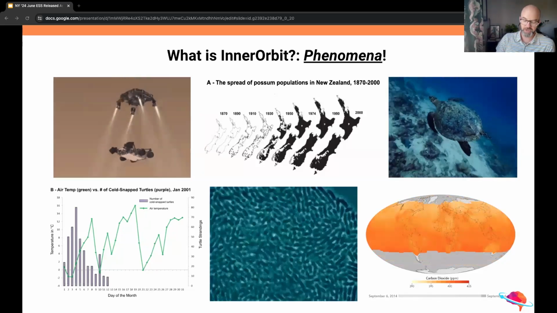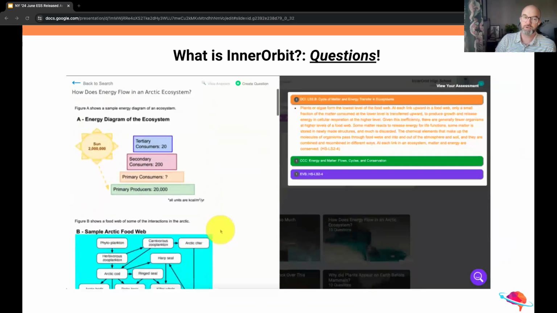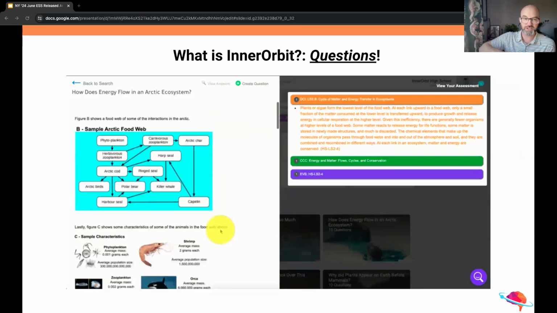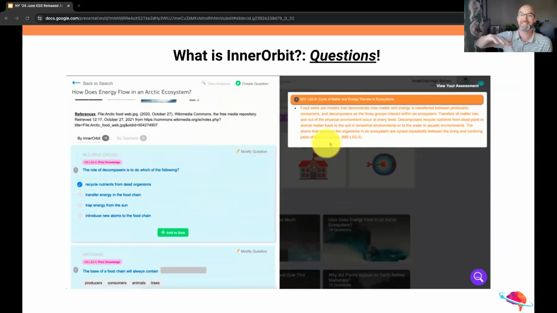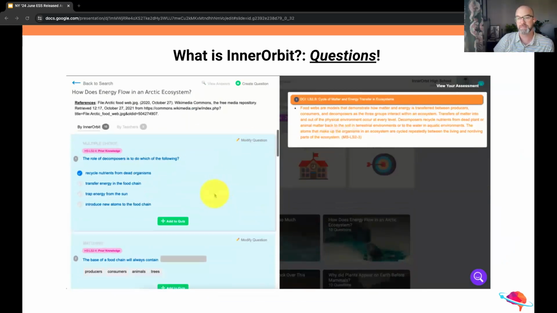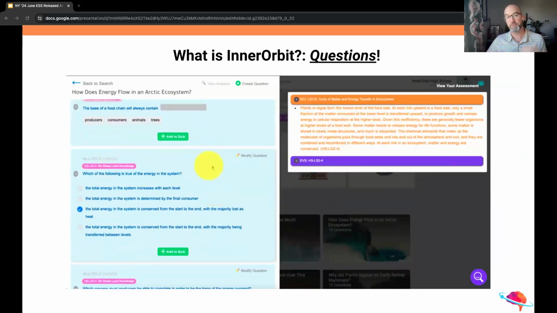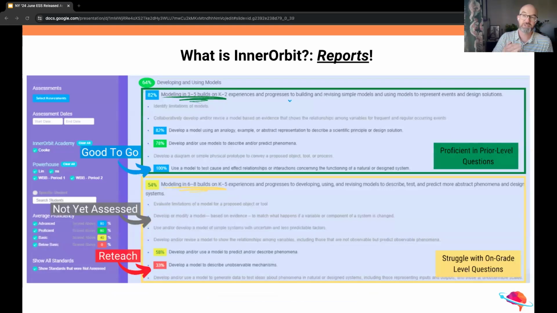And with those phenomena, we ask students really carefully scaffolded questions. We want to ask them questions, not just at the level of proficiency, but finding ways that we can scaffold up those questions to get them up to the point where they are being successful. And as they're progressing, we want to give you really, really detailed data. So we don't just want to tell you that students understand developing and using models, or they're struggling with analyzing and interpreting